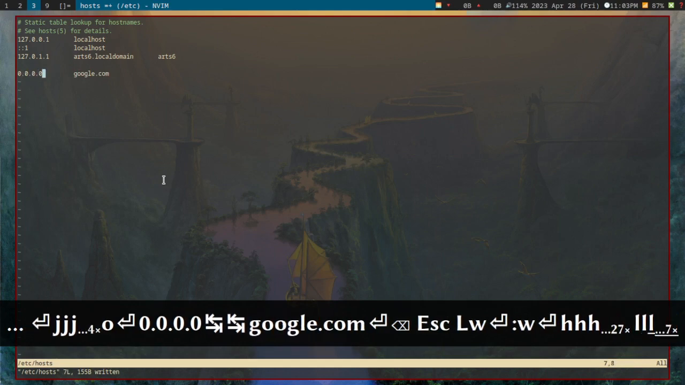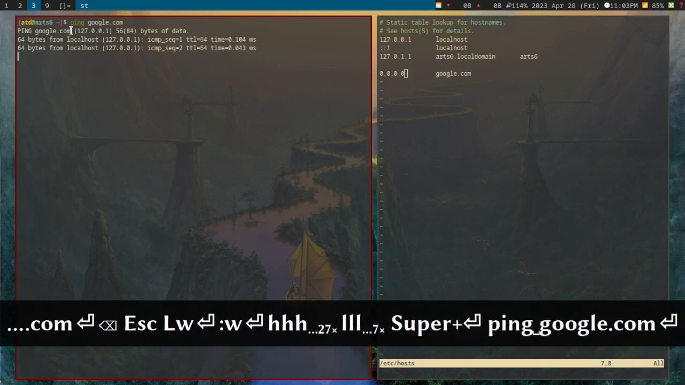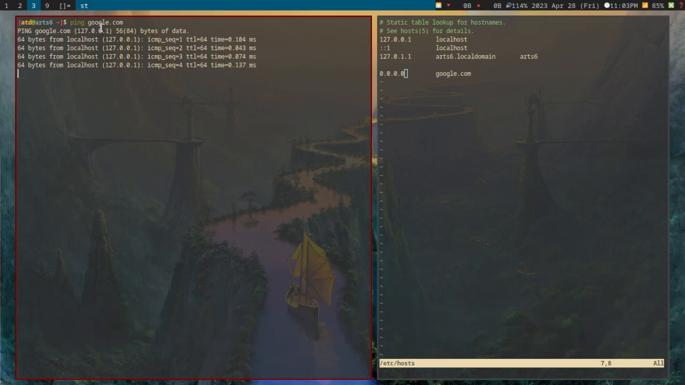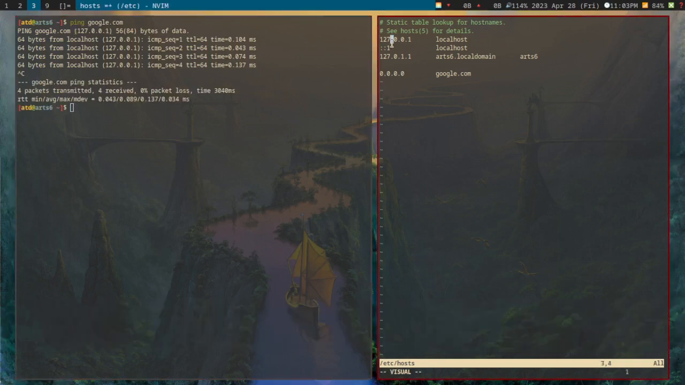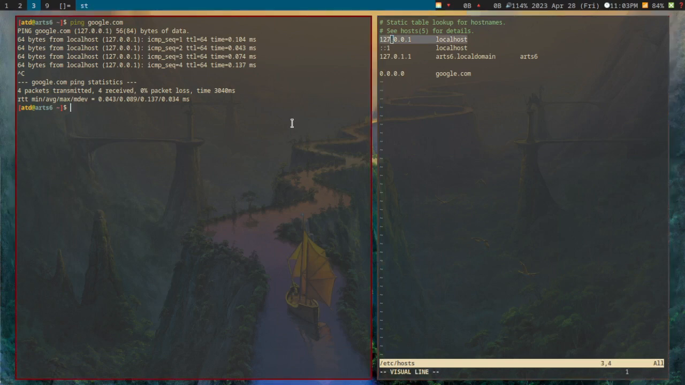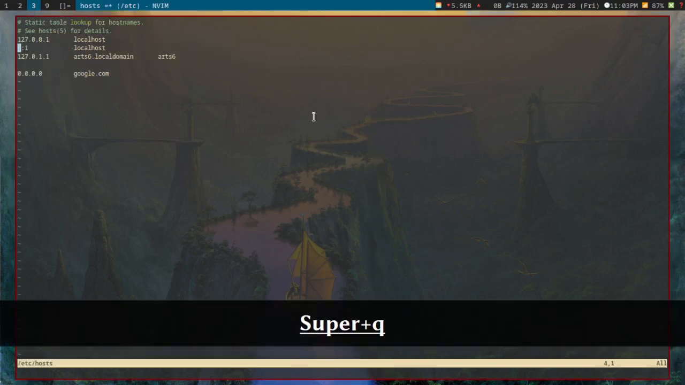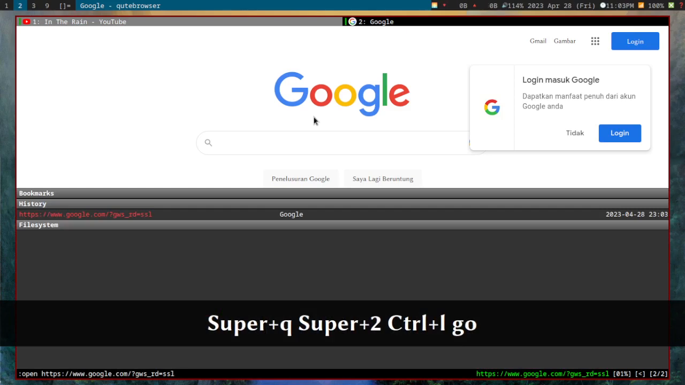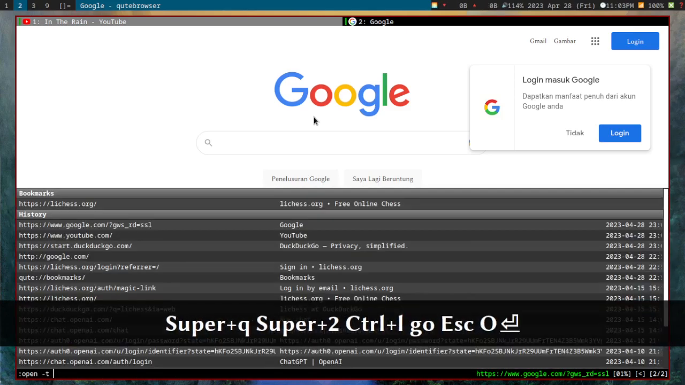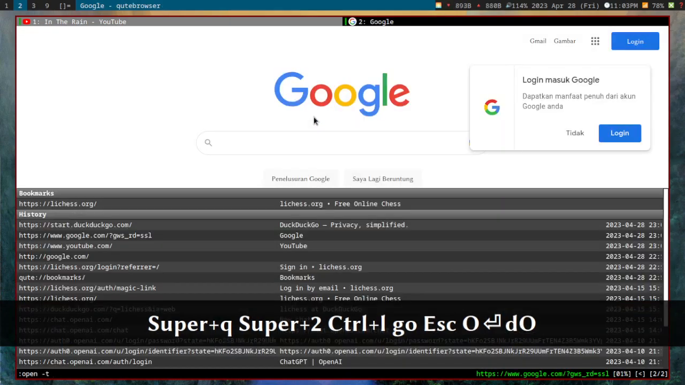0.0.0.0, which means that when I ping google.com, it's going to go back into my localhost, so it's just going to fall back into our IP, not our IP. I forgot the name of this IP fallback thing. So when we open google.com again, we will actually see that